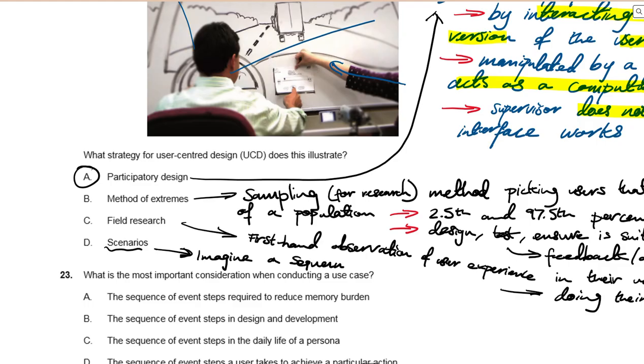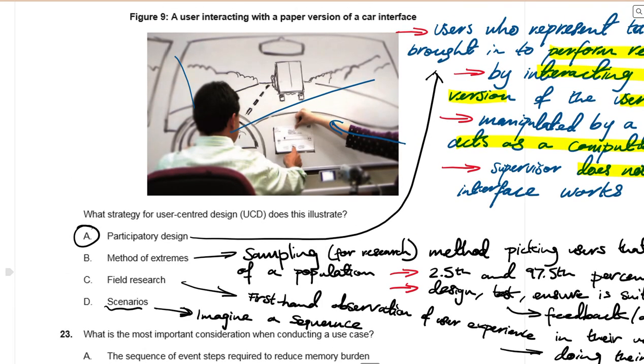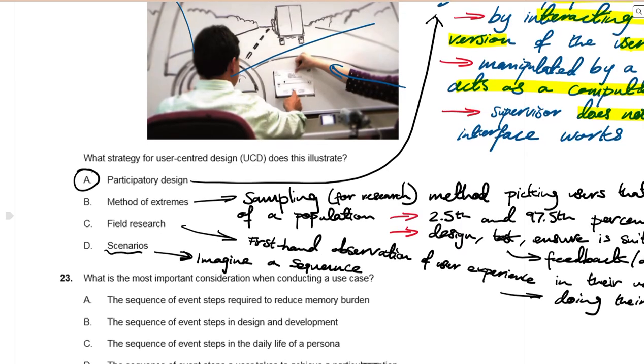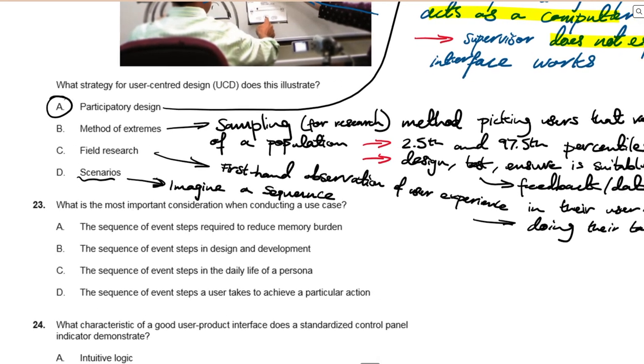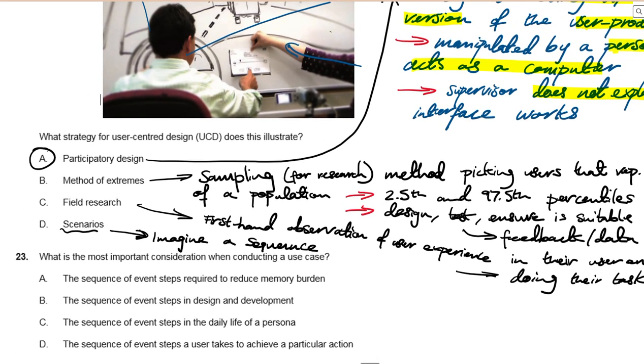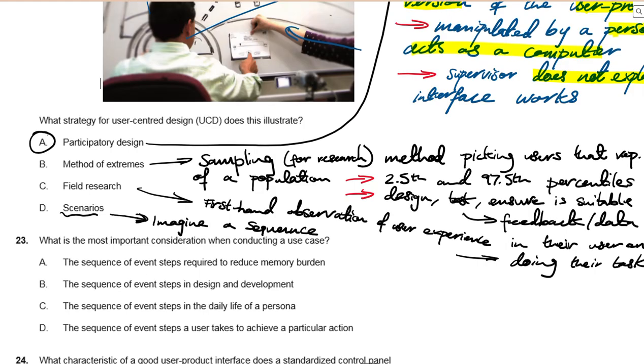You have a sequence of actions, but again, you have to deeply understand that this is participatory design. We have a helper, we have a paper model, and a scenario is more specific in terms of imagining a sequence of events